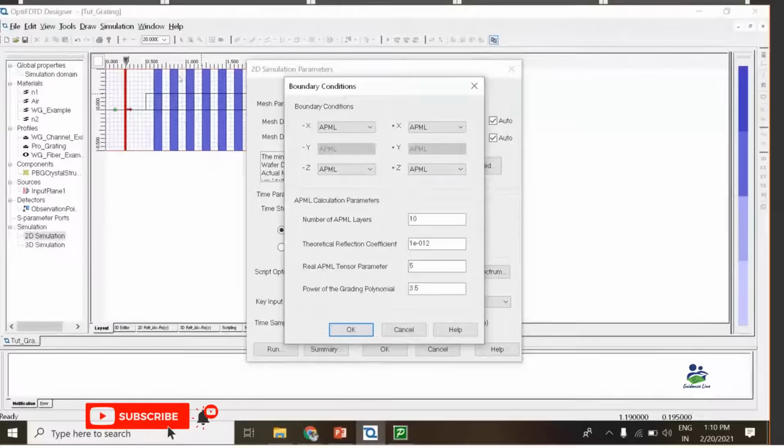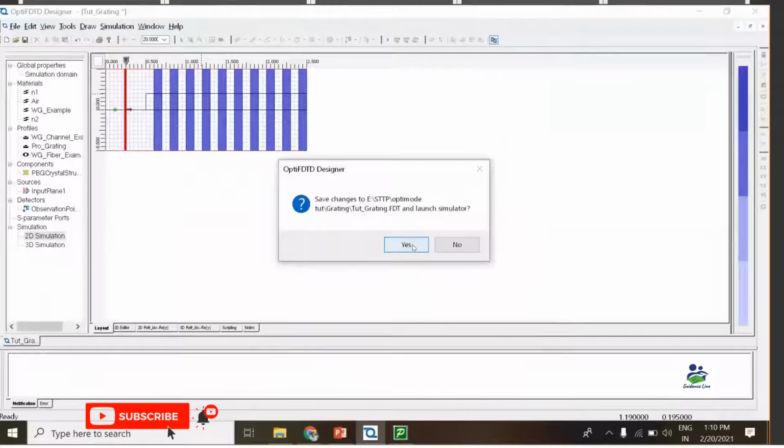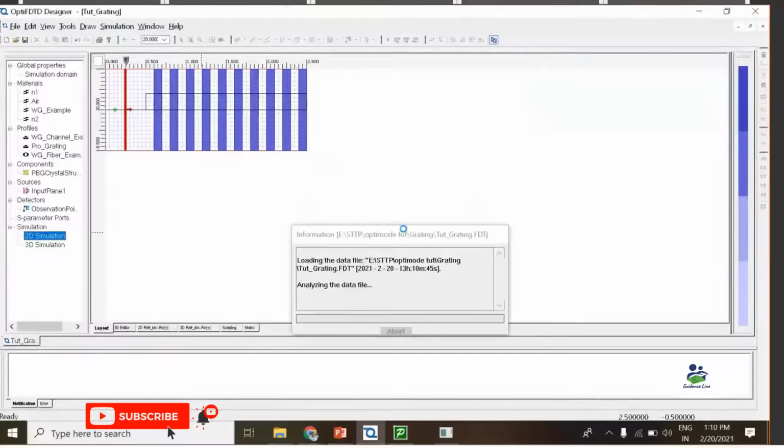Apart from that, in X, whenever we have periodic boundary conditions or a plane wave, then we have to select periodic boundary conditions. When we have a periodic type of structure, or a plane wave expansion method associated with our structure, we have to use perfectly periodic boundary conditions. So at plus x and minus x we require a PBC. I click on OK, and then I again click on running a simulation.